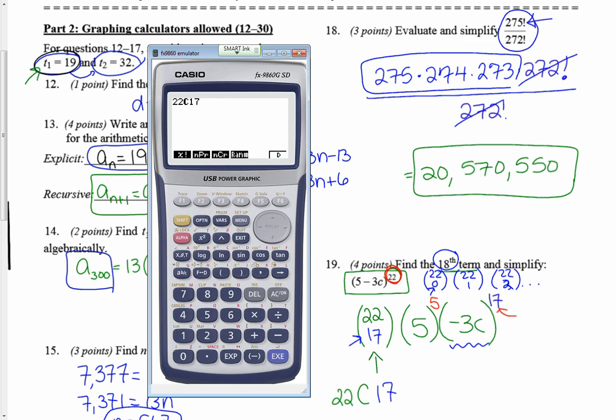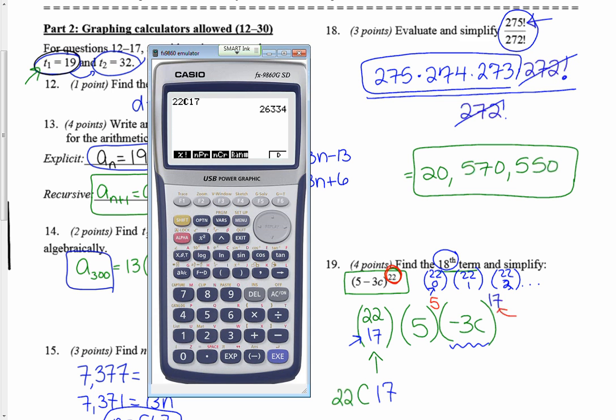If I wanted to do this on my TI, it's almost the same, except for right here, instead of the Option button, I'm going to hit the Math button. Okay, it's over here on the side, depending which model you have. So you would need to hit the Math button, and then you would need to scroll over until you got to Probability, just like we scrolled over to get to Probability. And then it's probably number 3, it says NCR. But what's on the screen should look similar to what I have on my screen. By the way, if you needed to get the exclamation point, you could get that here as well. So I hit 22C17, and that gives me